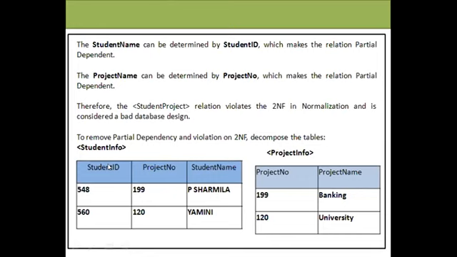In this case, if we divide into more than one table, obviously you can join these two tables. The condition for joining two tables is that in the first table you should have a primary key field, and in the second table you should have a foreign key field. Here project number is the foreign key field in one table and the primary key field in the other. By using this primary key and the foreign key in the second table, you can join these two tables, so that we can divide into more than one table.